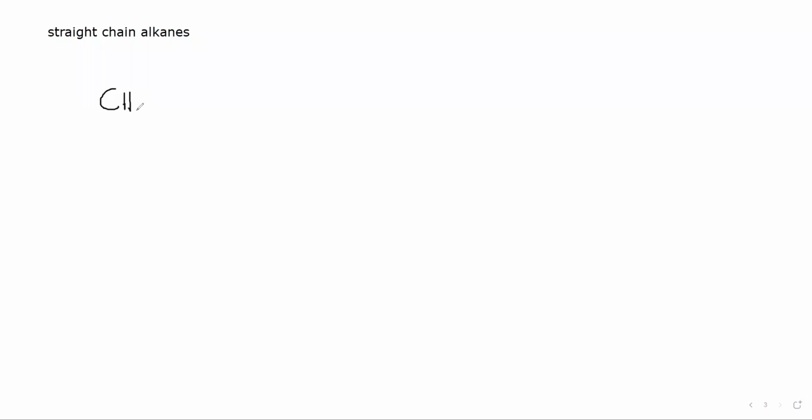If I write CH3, CH2, CH2, CH3, as you can see, there are only two ends. This one is first and this is second. For a straight chain alkane, there's a simple way. The rule is